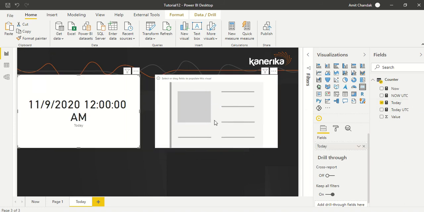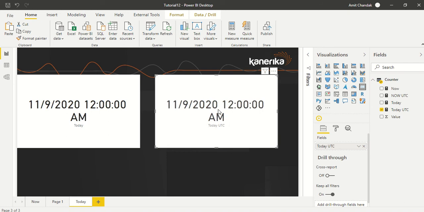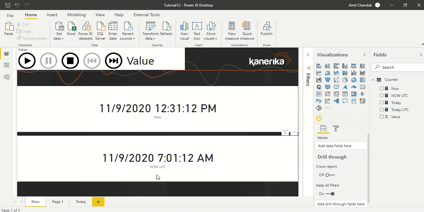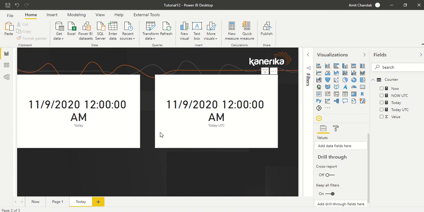In my case it's only a 5:30 difference, so both the dates are the same, but if I look at UTCNOW and NOW, I will be able to see the difference. So I have this UTCNOW and NOW difference at my end. Now this is TODAY and UTCTODAY, and in UTCTODAY you can play around with the time zone and check it out. But is TODAY only useful for displaying the current date? That is one way to get the current date, and there are more uses around it.